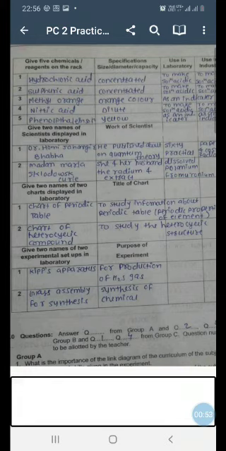Okay, then the next table is: give two names of the two experimental setups which are there in your laboratory and the purpose of that experiment. Now see, the experimental setup which we usually keep in first year is the Kipp's apparatus, and you might be knowing that Kipp's apparatus is used for the production of H2S gas, wherein